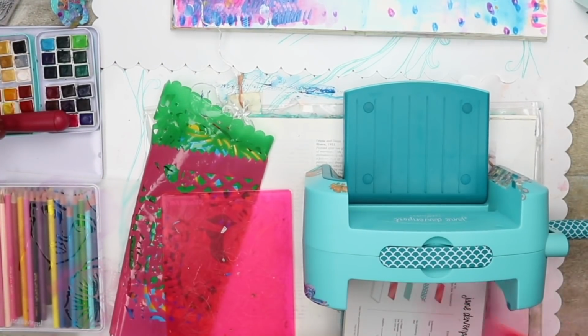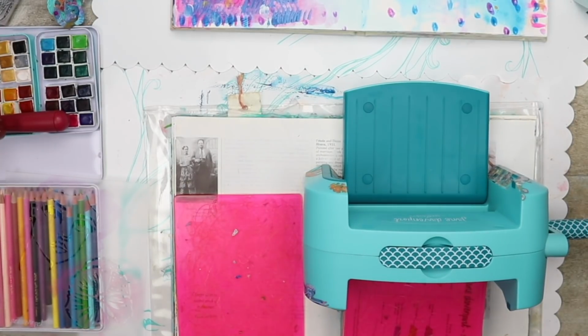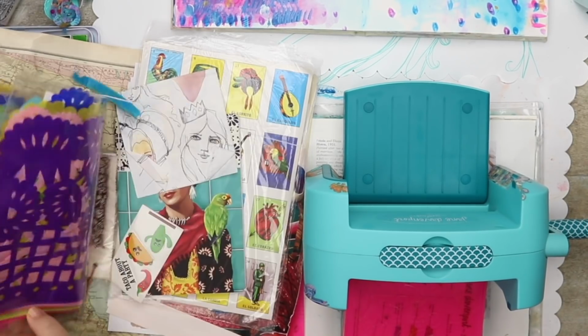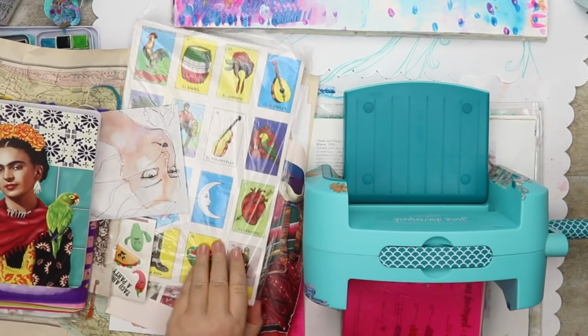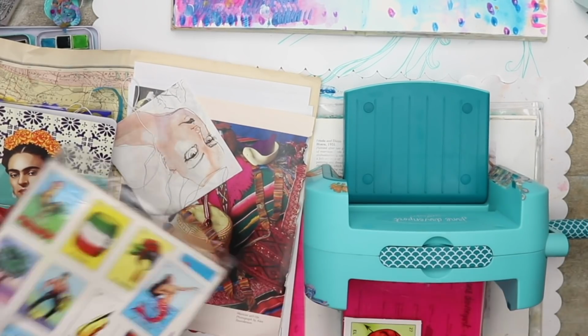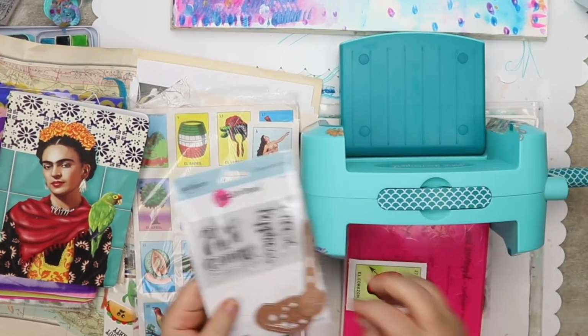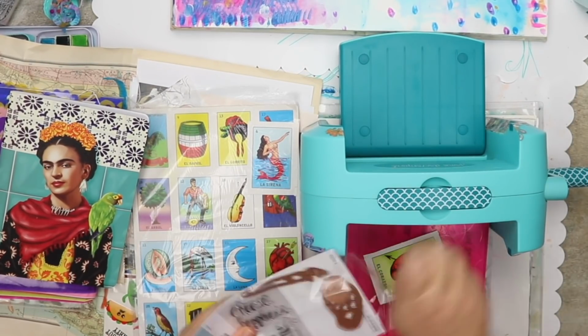Video, I wanted to share some art journal pages that I created that are a little bit different to what I usually do, but were a lot of fun, and it's a lot of collage. So I'm going through a little stash of items that I collected on various trips to Mexico, and a die